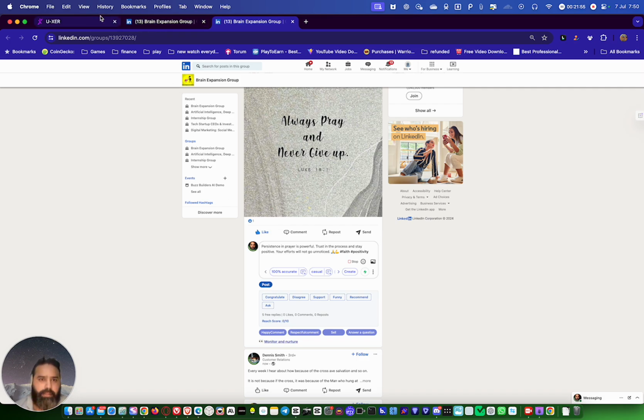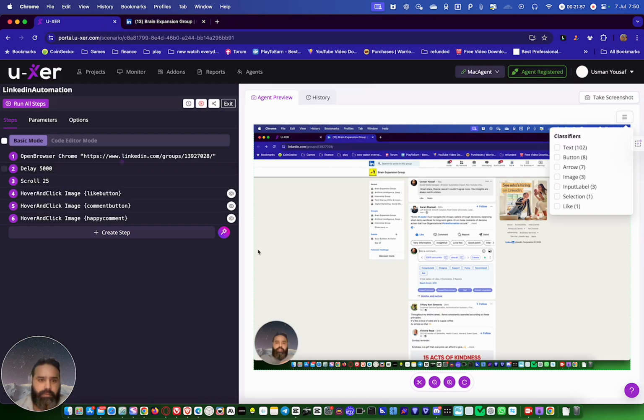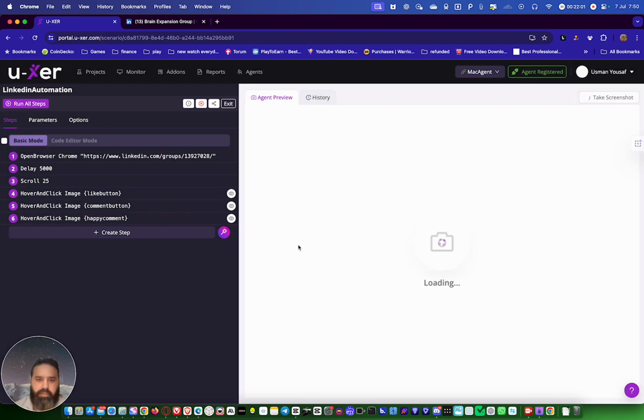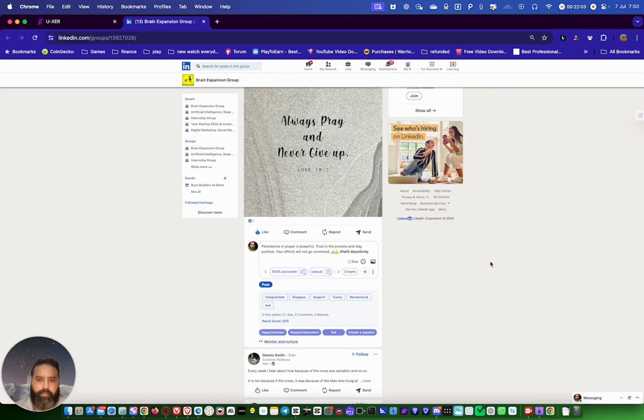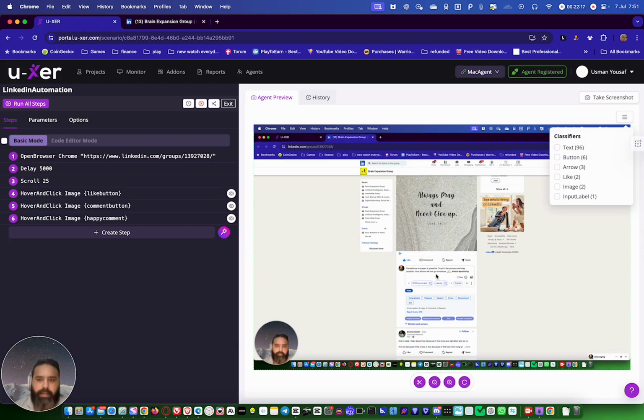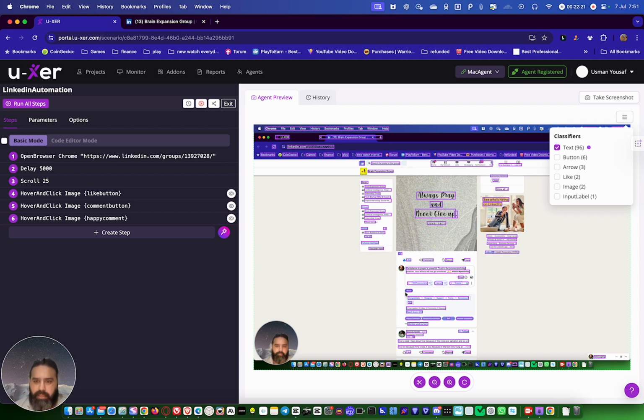So we go back and we take a new screenshot. Why are we taking a new screenshot? Because the post button was not visible before. It only becomes visible after we type in something in the comment box. We go back. Now see, even with the same option, we can click here and then press this post.